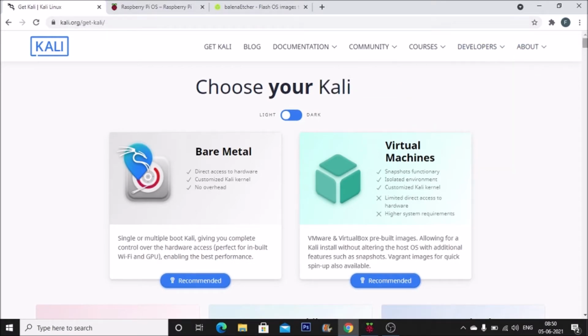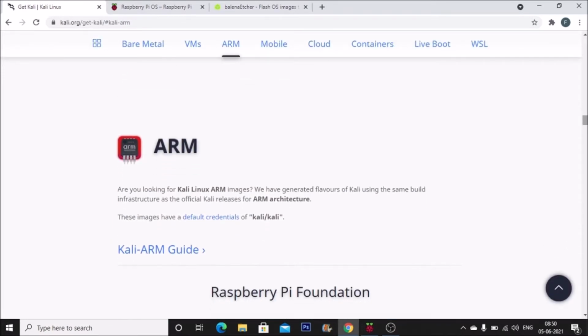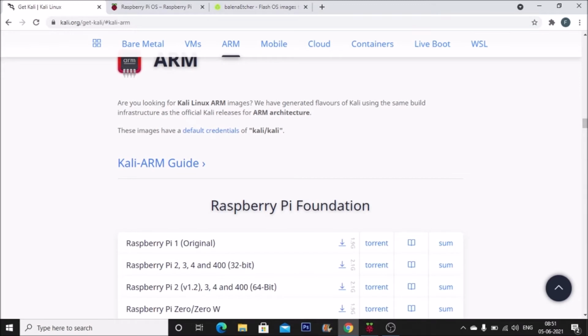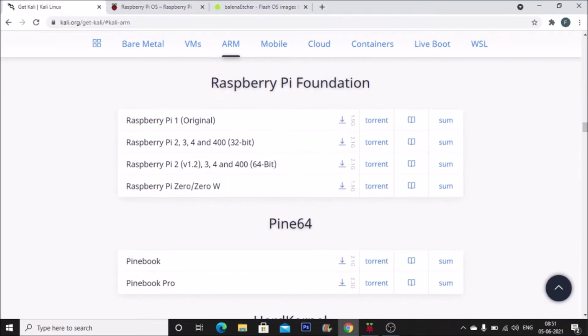Here we need to scroll down, and as you can see this is the ARM section. Here we have the Kali Linux ARM based images, meaning the images for our Raspberry Pi 4. So scroll down a little bit to the ARM section, and we have the Raspberry Pi Foundation images. Here we have Raspberry Pi 2, 3, 4 and 400.